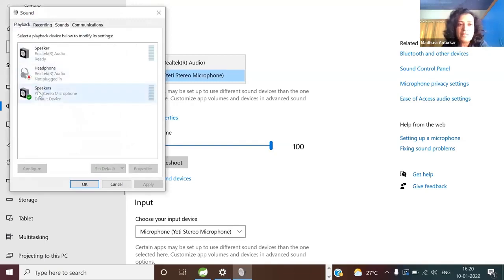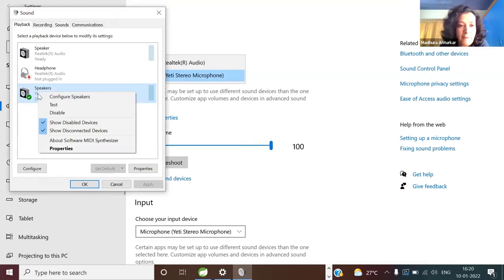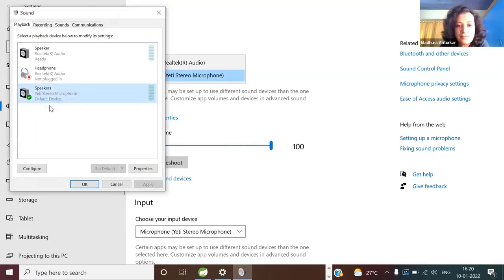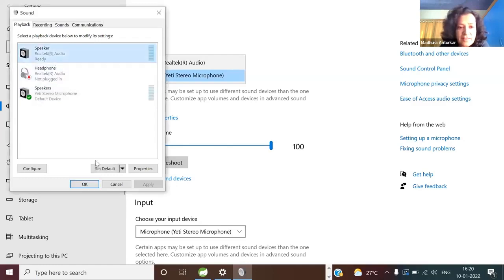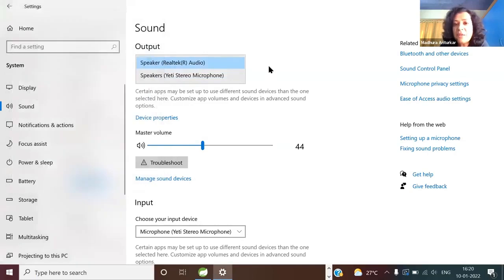So some problem with my speaker, looks like. Yes, it's a test. I don't know what it does in test. No clue. Yeah, I have a problem in the speaker exactly, Abhinav. But if I select this and set default, now speak, one of you.